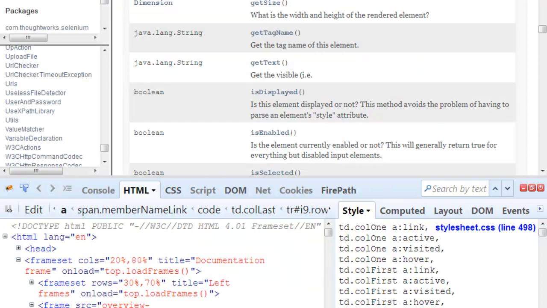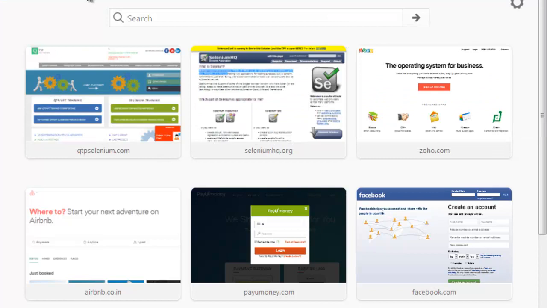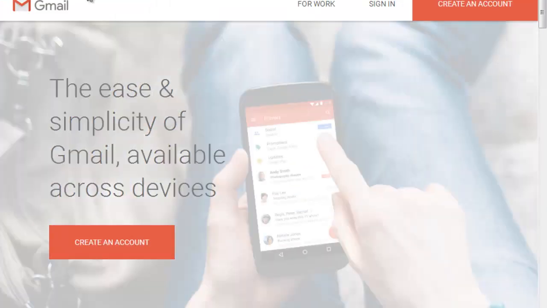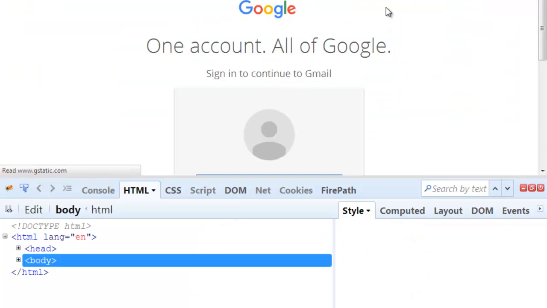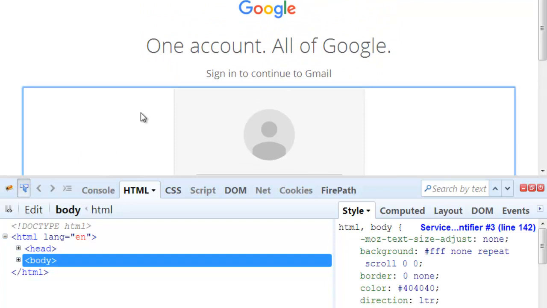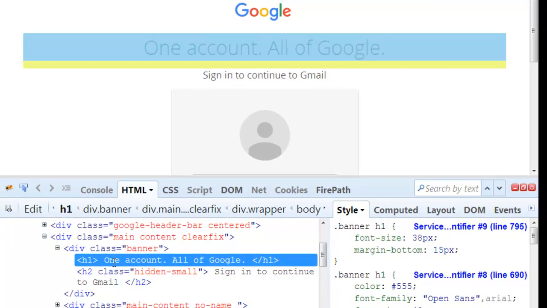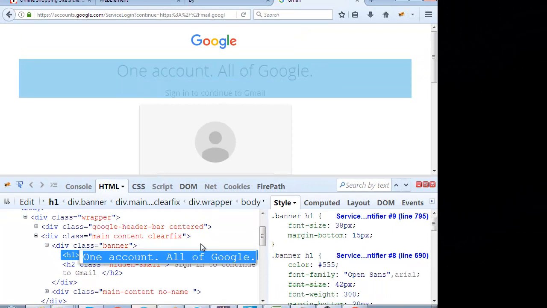Okay, now every time you don't get an ID, for example, if you look at the Gmail example again, very simple. If you look at this text, one account, all of Google, if I analyze this text it is a simple H1 tag. It's got no ID or name.